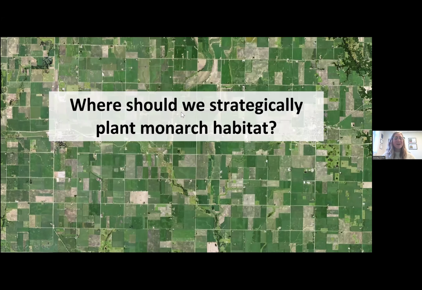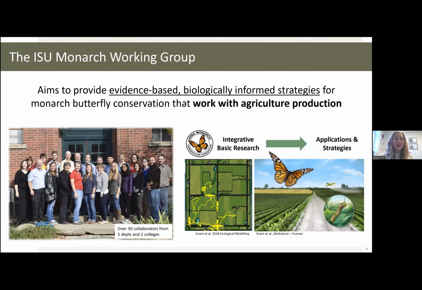Okay, so when I first arrived in Iowa back in 2016, all of these conversations were just starting. And the biggest thing that we were kind of trying to figure out was, well, that's a heck of a lot of milkweed. Where should we be strategically planting this milkweed? And so the Iowa Monarch Working Group at Iowa State was born, where we do research to try to provide